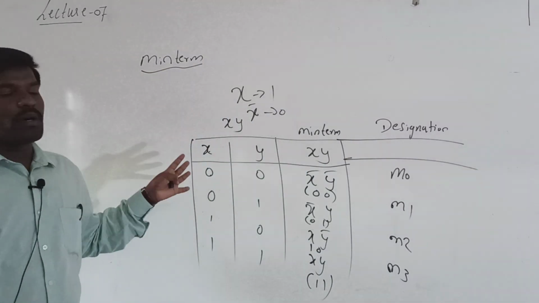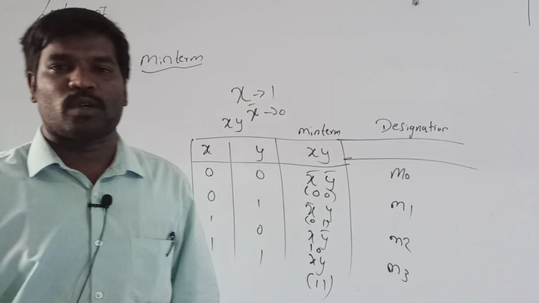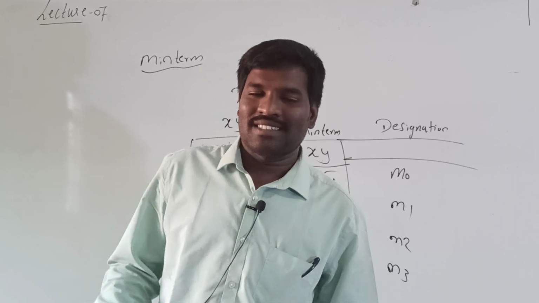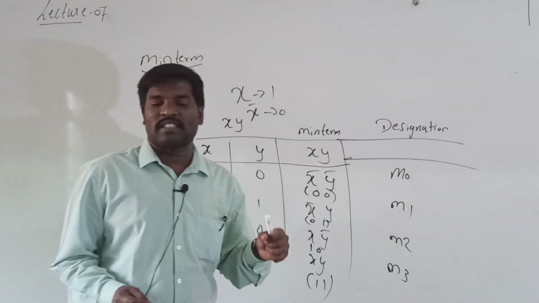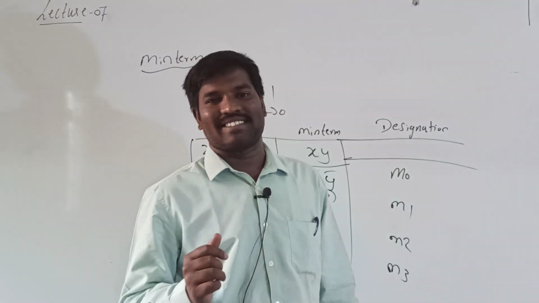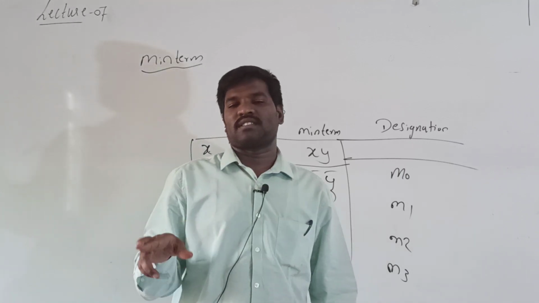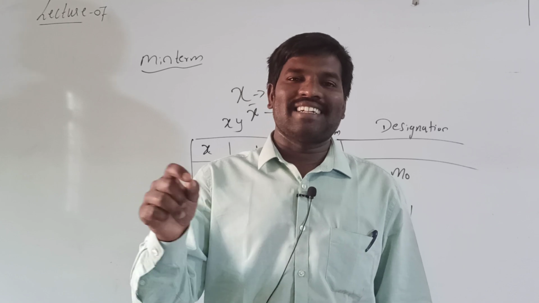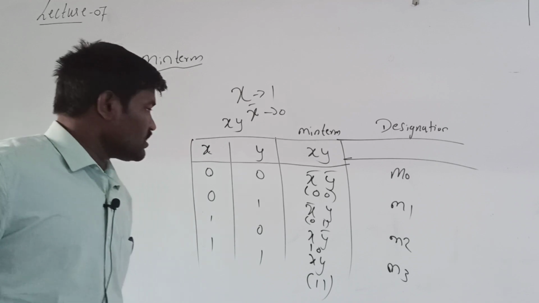Okay, so like this we have to write the min term value. First of all, min term is nothing but the product of literals, the sum of products, or directly you can say that the product of literals. And in the min term, always 0 indicates the complement of the variable and 1 indicates the direct variable. If you are performing the operations on min term, means you can take the x and y. X bar indicates 0 and x indicates 1.